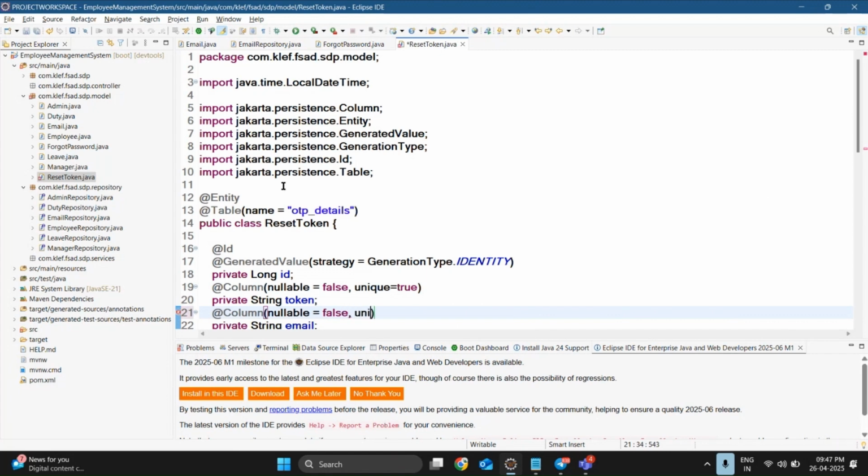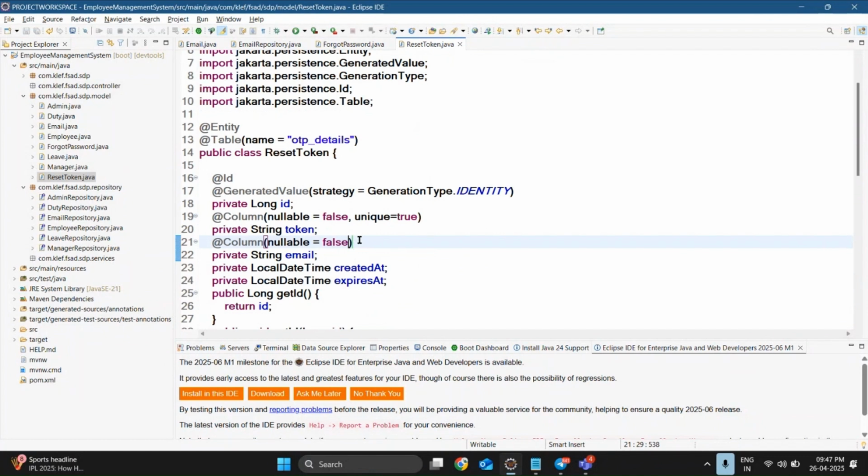If you use unique, you can't send one more reset link for that email, because that email already exists in our table, we can't send another reset token. So let me remove unique. Don't keep a unique constraint for the email. Okay, so let me use nullable for both things. So nullable,